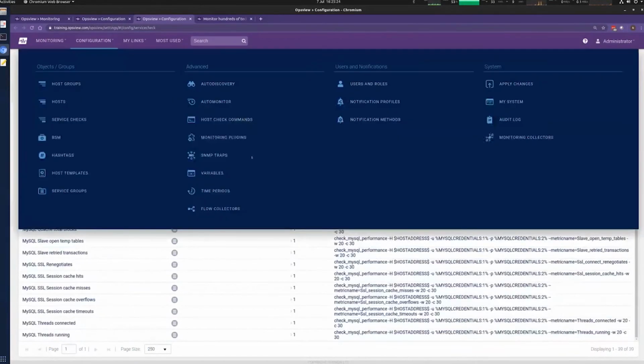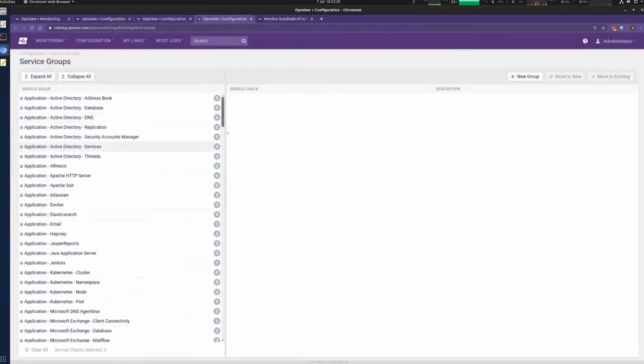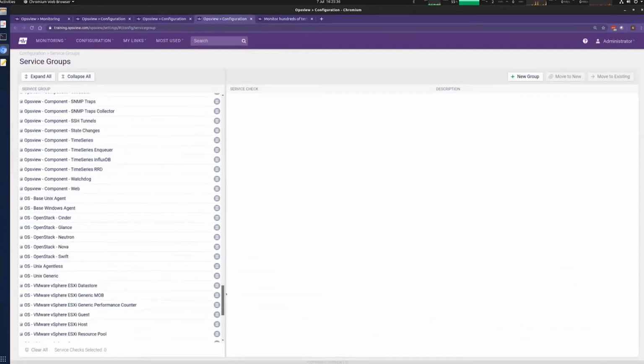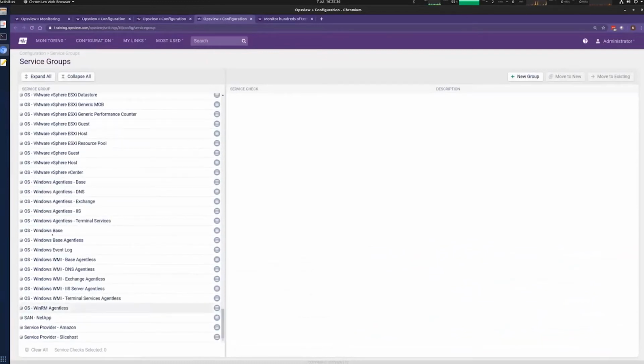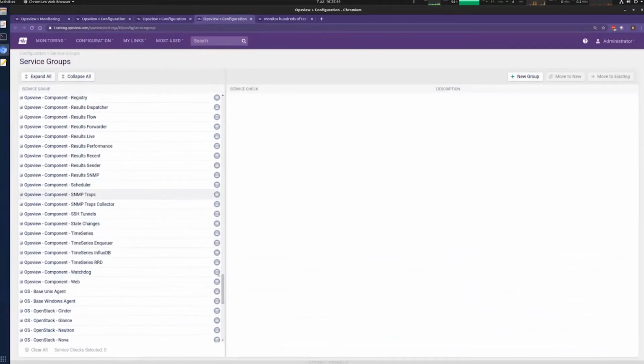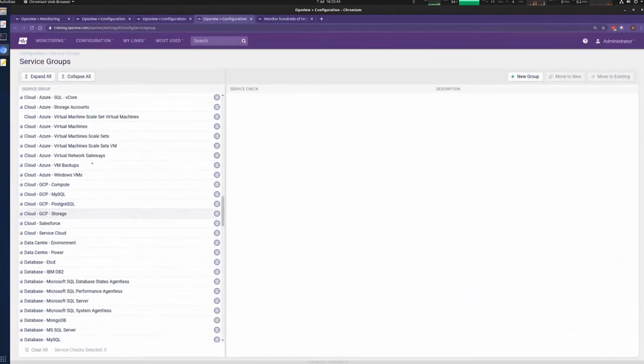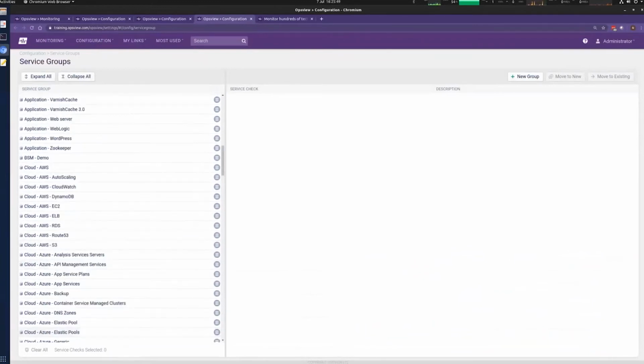And to see the existing service groups, we're going to go to configuration, and then I've got service groups here at the bottom. I'm just going to open this in a new tab. Our service groups displayed here on the left allow us to logically organize our service checks. So I can organize them by operating system type, by application. If we go slightly further up again, we've got by database, and even by cloud provider. So I've got my cloud AWS checks, my cloud Azure checks,